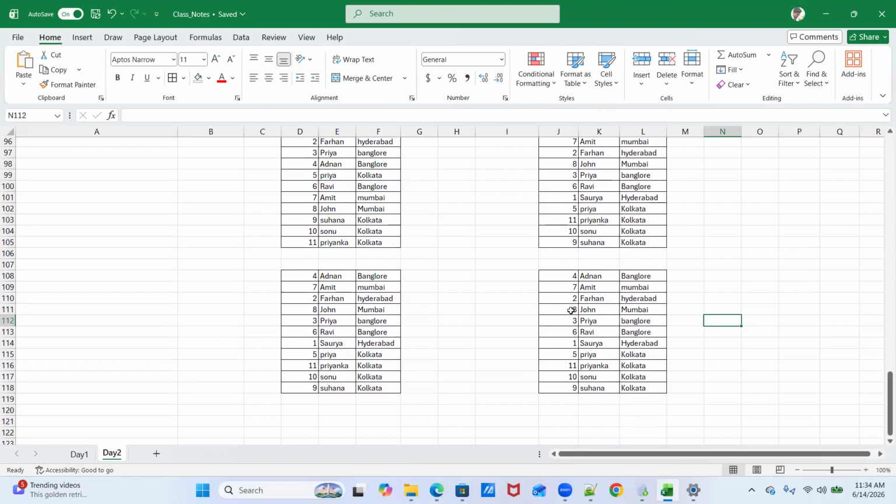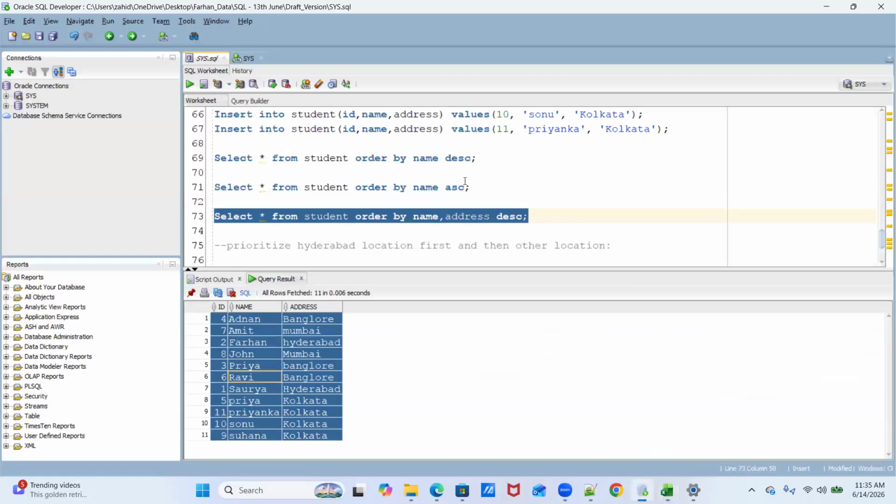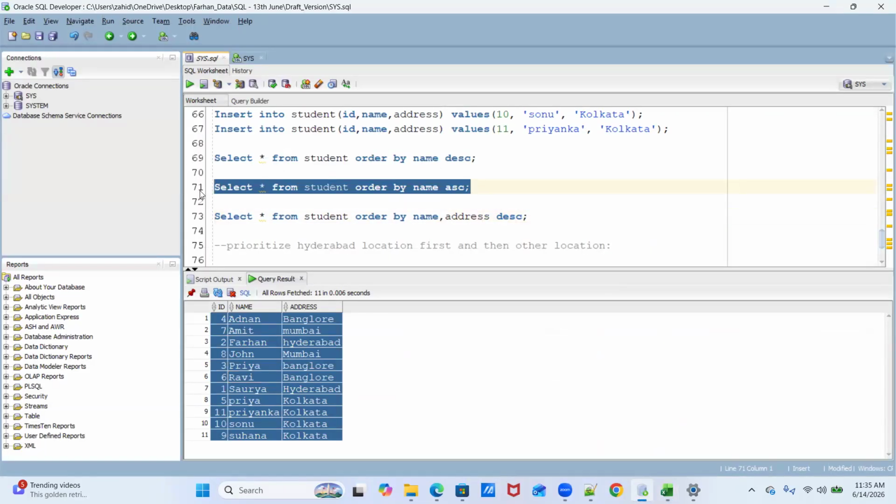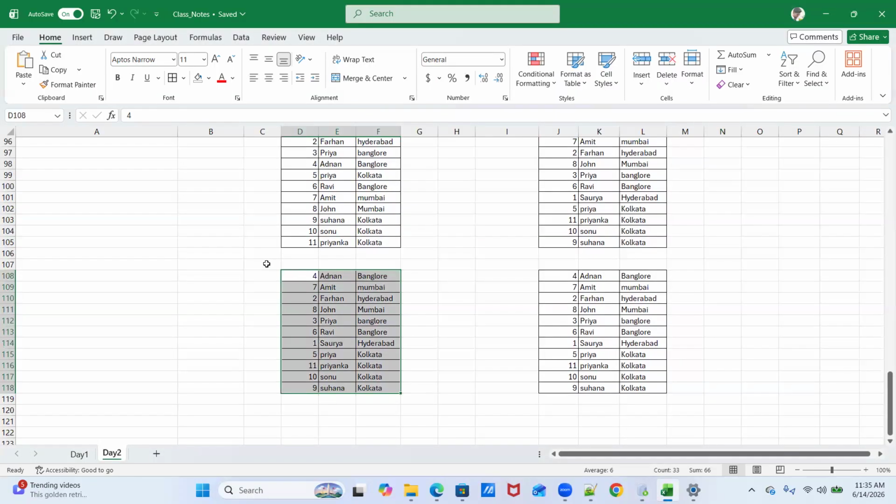Why? And how will we see the difference? Where will the difference come into the picture? Let's try to do it. If we compare these two, let me put the query above this.